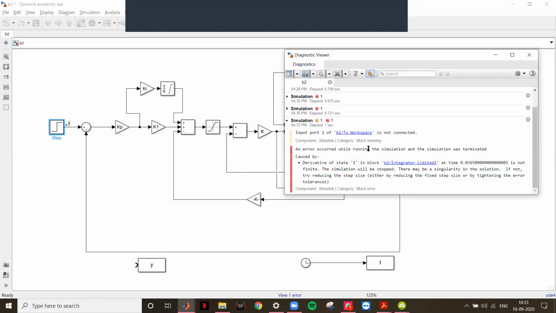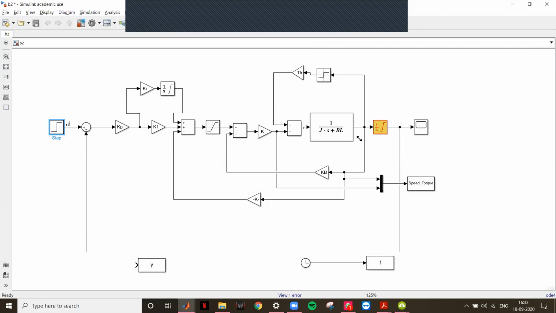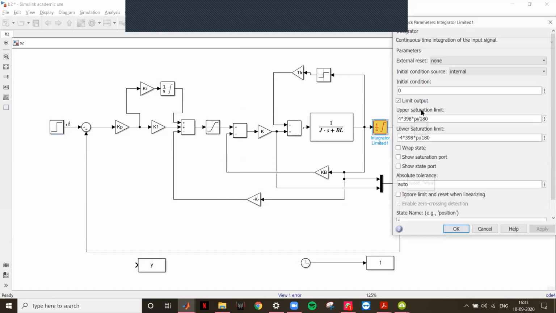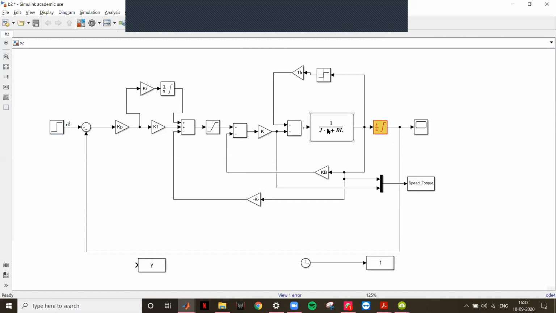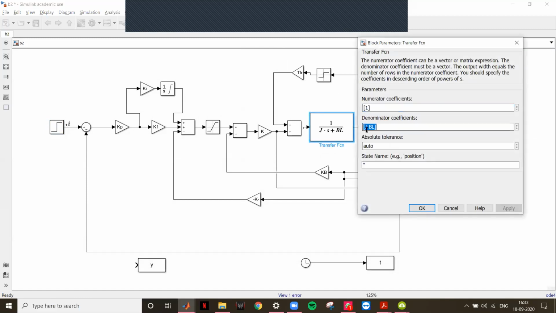Derivative block of integrated, and you click on that B2. Down, yeah. That one only is having error. That means this K2. Sir, this BL is wrong, I think. Yeah, BL is wrong. He is telling that he did something. Sir, ask him to subtract KT KV by RA from B. B minus KT KV by RA. Ask him to do it now.